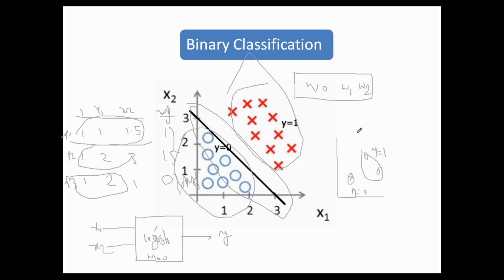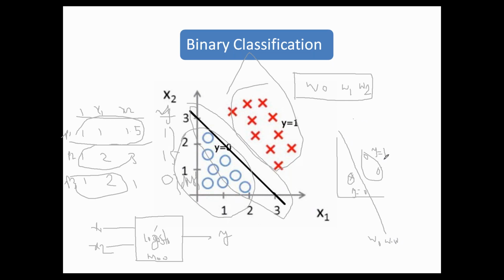So now I have to find a line such that these two are separated. Finding a line means you have to find the coefficients, such that the line represented by those coefficients and the inputs separates these points into 2 parts. Suppose I find a line like this. I have found some w0, w1, w2, and it should be like this.